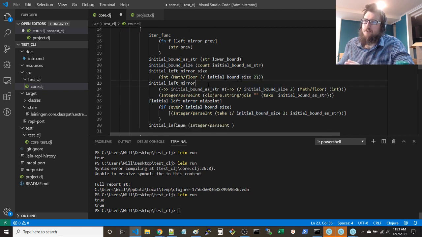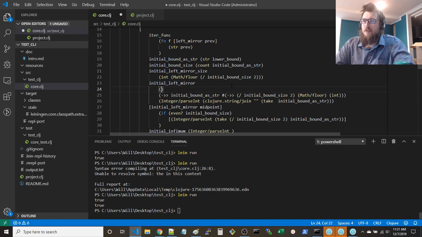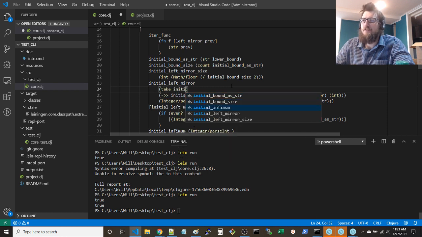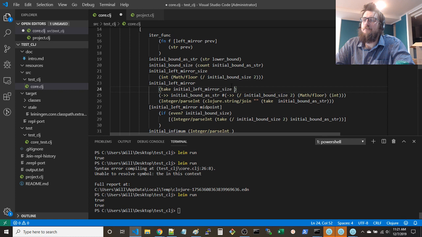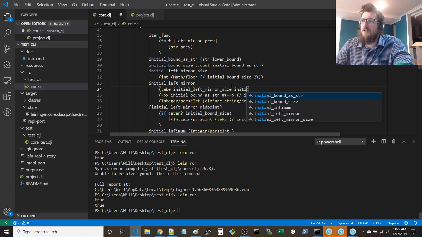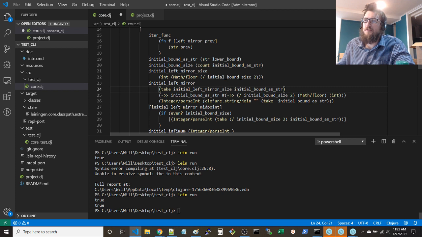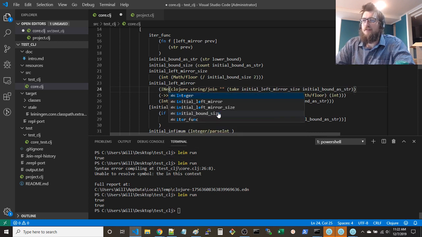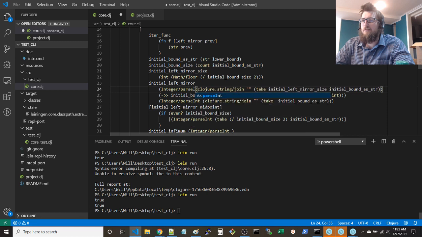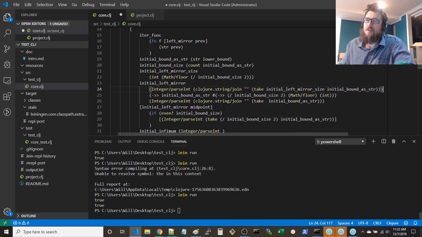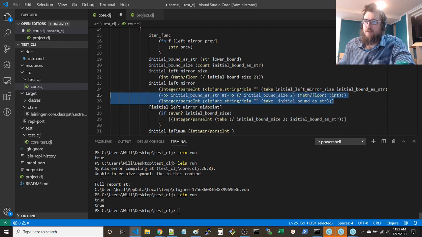And then we want to take initial left mirror size from initial bounded string, and then we want to join and parse an integer. Join this integer, parse int. And using the threading macro, we can make this a little bit cleaner